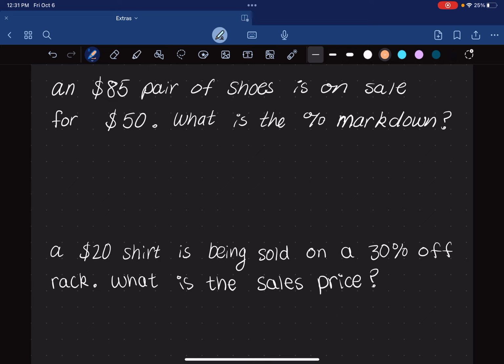markdown. So if I knew the percent markdown, I would take the $85 and I would take off whatever that percent was of 85. So I'm taking 85 times whatever that percent is as a decimal. And then that would be equal to the sales price, which we happen to know is $50. Now I can go ahead and solve this as a two-step equation. So I subtract 85 from both sides. I get negative 85 times P is equal to negative 35. And I can divide both sides by 85 to get P is equal to